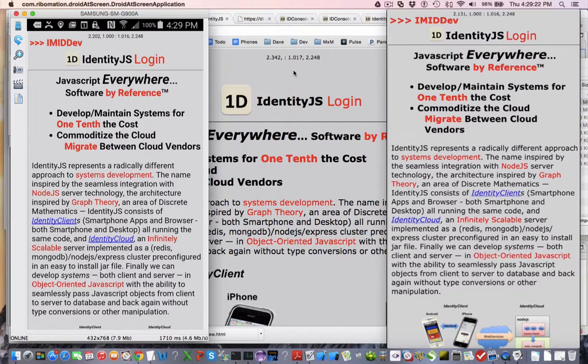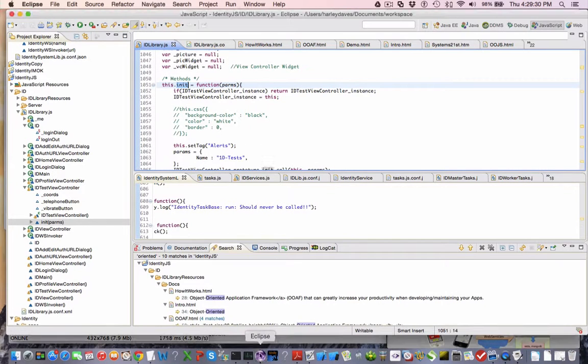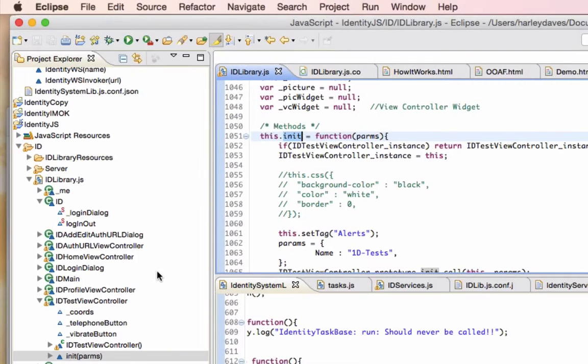Now, the way to actually test this, to verify this is true, is we need to go back to some code here. This is the identity app right here. This is my development environment. I'm using Eclipse, but you can use any text editor you like. Eclipse is nice because it's free, first of all, and it comes with a free JavaScript plugin, which allows me